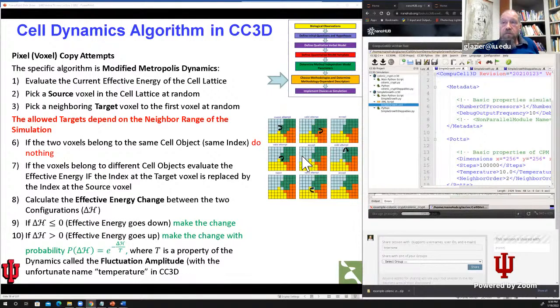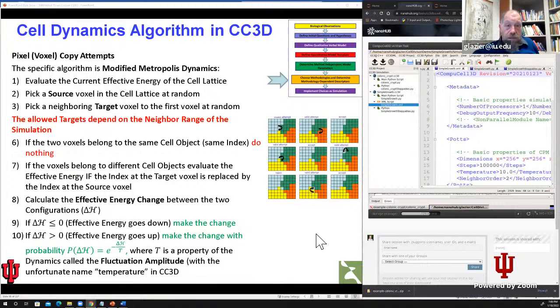If the two voxels we picked belong to different cells, we ask the question, if we made the substitution, what happens to the energy? This is effectively measuring the force that is provided by the universe, either pushing us in the direction of making the movement or opposing it. If the pattern energy goes down, we make the change. If the pattern energy goes up,